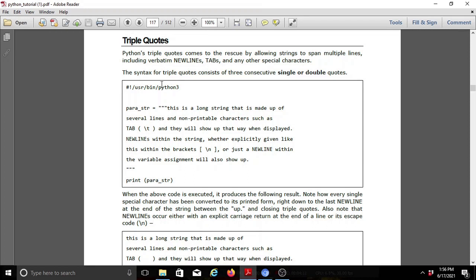Triple quotes mean we can place an entire statement in triple quotes.